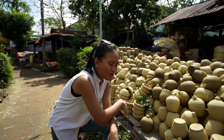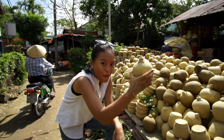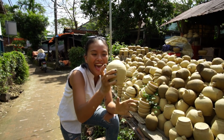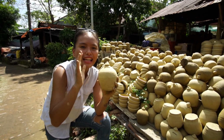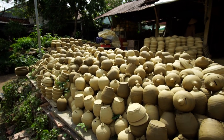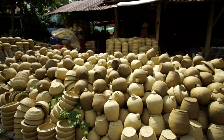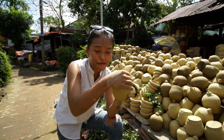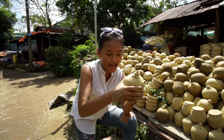I have a question for you. If you answer right, I will have a gift for you. You know what this is? It is, yes, a money saving box. I think 100% of the children in Vietnam are really familiar with this one. Everyone knows this when they are a child because everyone has one. You use this to put your money inside and save. You save until you have something you want to buy and you take the money out by breaking it, you